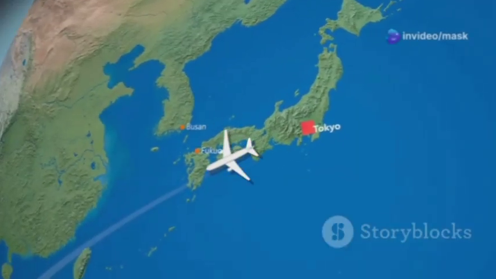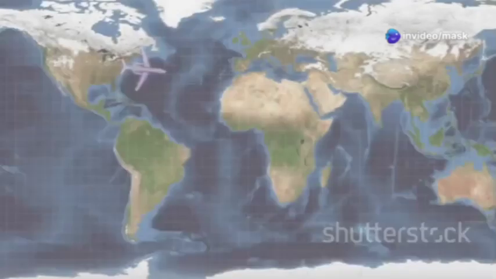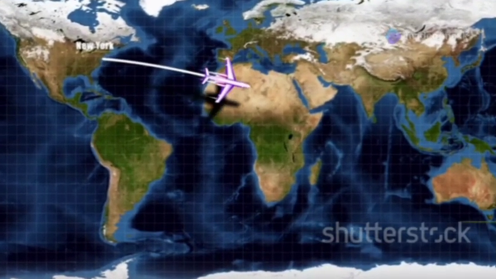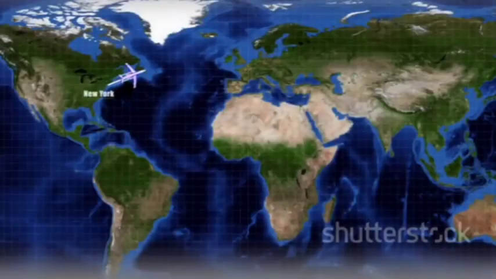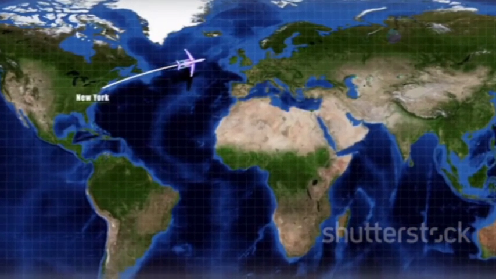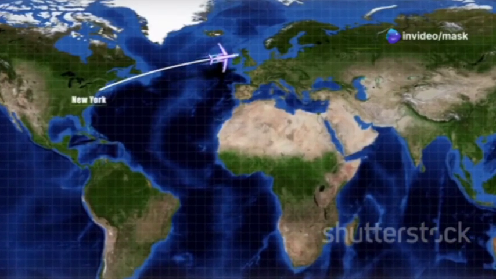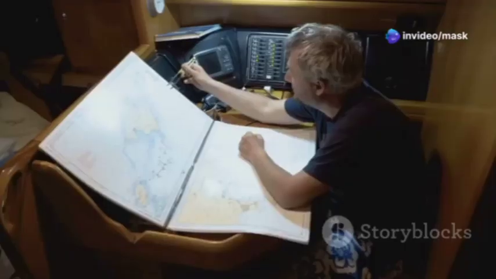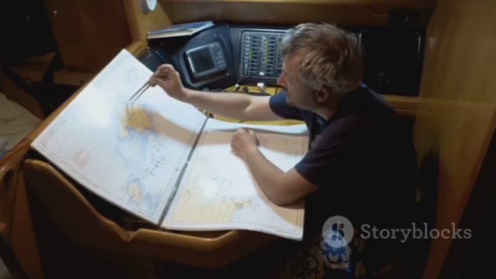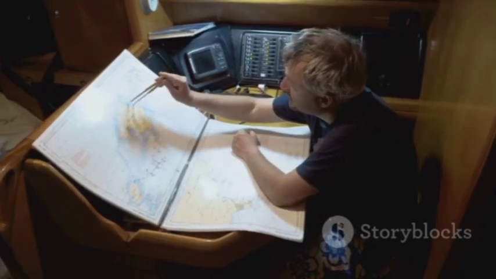Imagine planning a flight from New York City to Tokyo. On a traditional map, the shortest route appears to curve northward over the Atlantic Ocean. However, a polar zenithal projection reveals that the most efficient path actually passes over the Arctic, significantly reducing flight time and fuel consumption. This ability to visualize great circle routes makes the polar zenithal projection an invaluable tool for long-distance